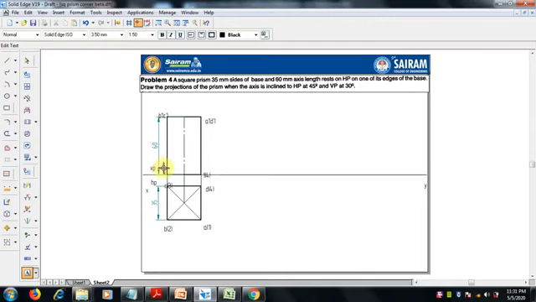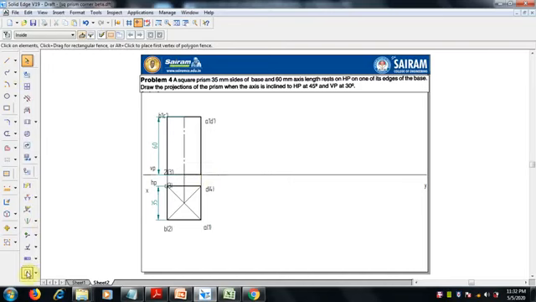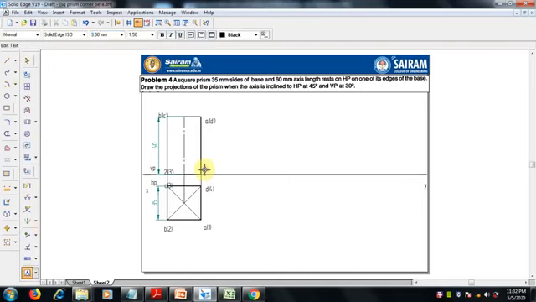Here 2 dash visible and 3 dash hidden. So here we have to make the views which are in front, and the hidden ones should have dashes. 1 dash, 4 dash. Okay, fine.